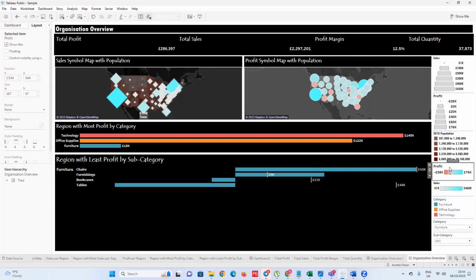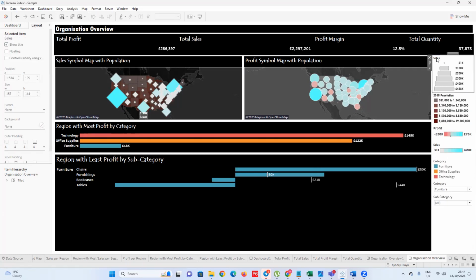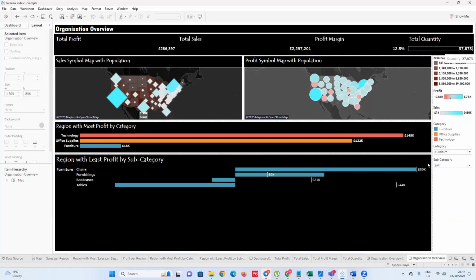Because I don't see the reason, maybe we don't need this. Maybe we can remove this. I can decide to remove this. Maybe we don't need this. I can just leave the population. This one does justice to it, right? So, or we can decide to remove this one. Can decide to remove these ones and